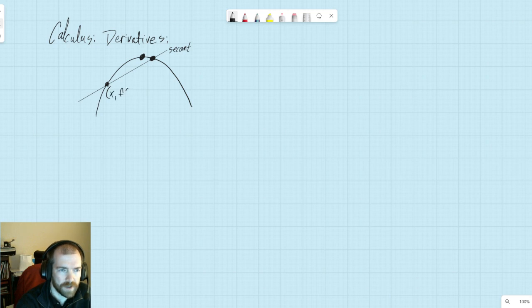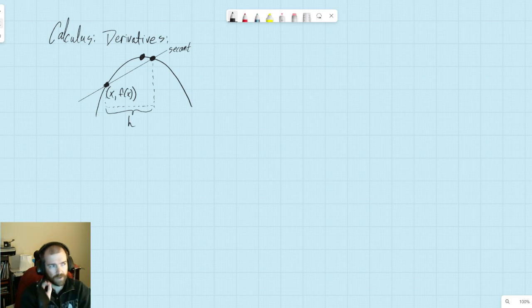The basic idea was to anchor a particular location here, x comma f of x, and then at some point mark this off and say that this distance here is going to be considered h, whatever that might be. That is going to be a variable distance, so it can come back and forth. The x is going to be overall a variable, but for the moment we're just thinking of it as a single constant.